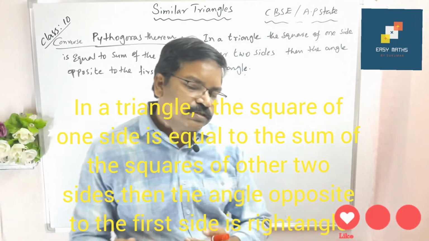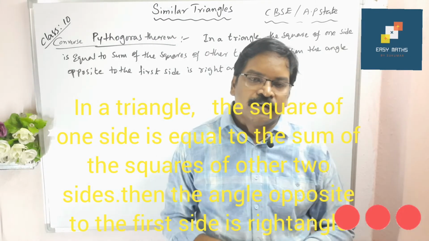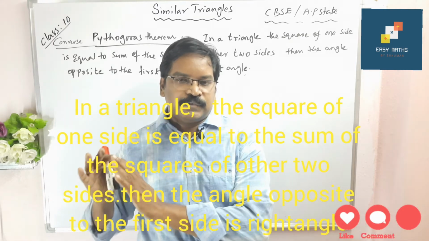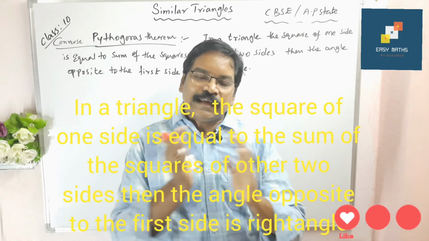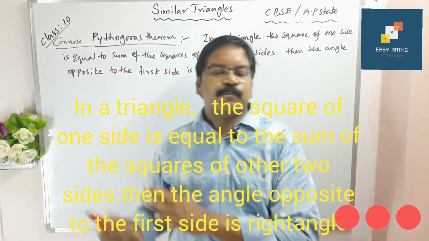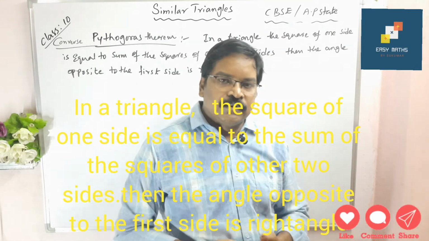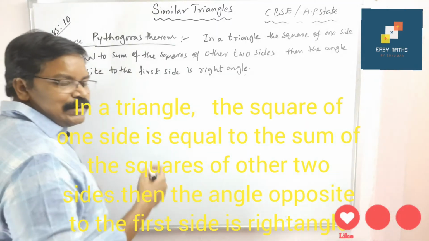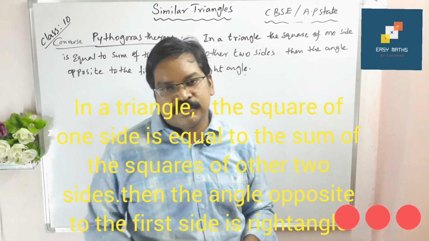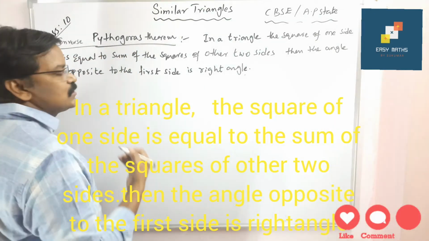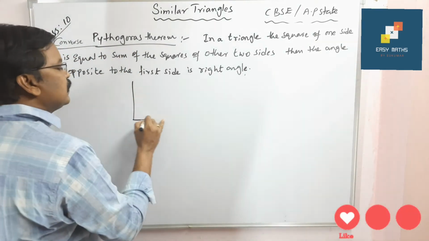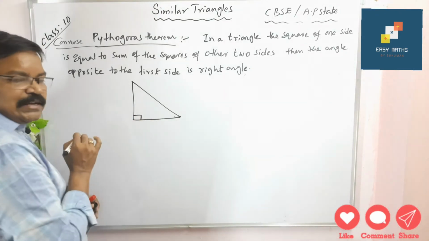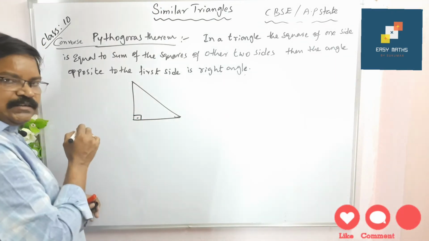Converse means, as I told you in the previous class also, the given part, the if part, will become the then part, and the then part will become the if part. Here, in the last theorem, it's very interesting. I love to teach this converse of the Pythagoras theorem. In the last class we proved that if one angle is a right angle,